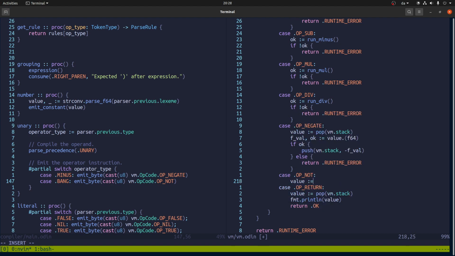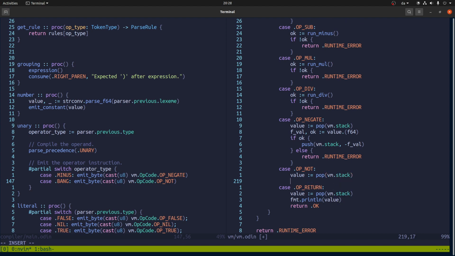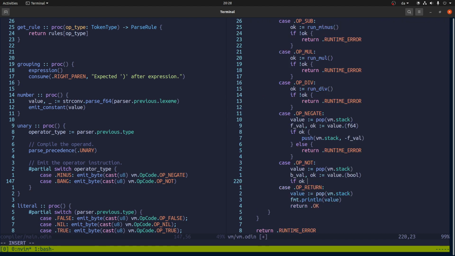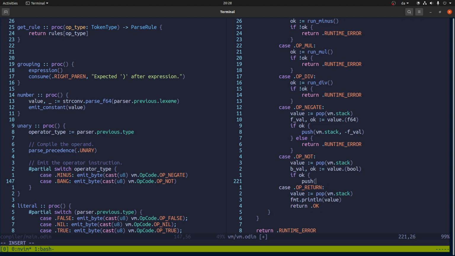So we need that value on the top of the stack. Let's see what it does, but I want to check whether it is a Boolean value. And if it is a Boolean value, then we will push